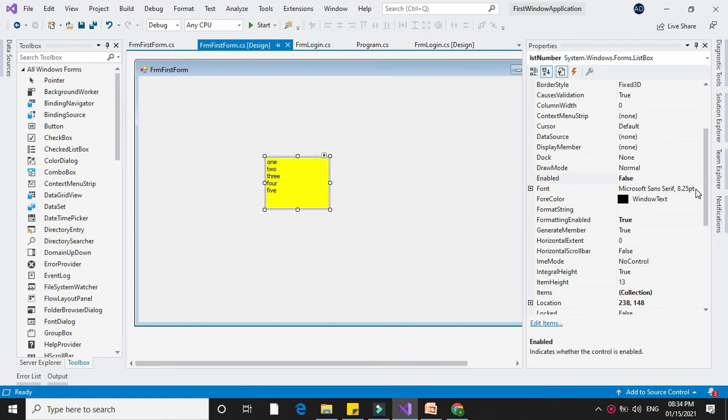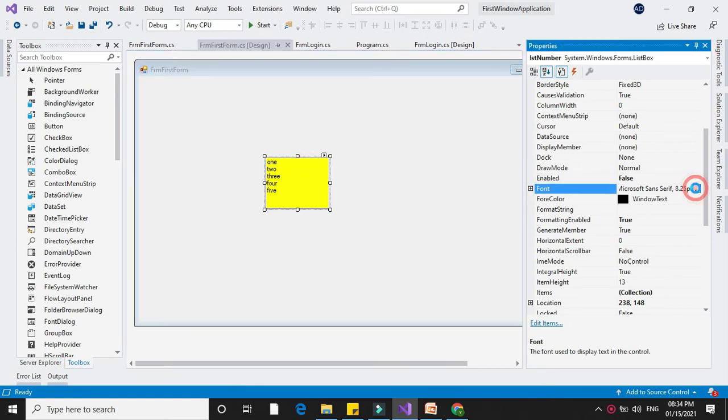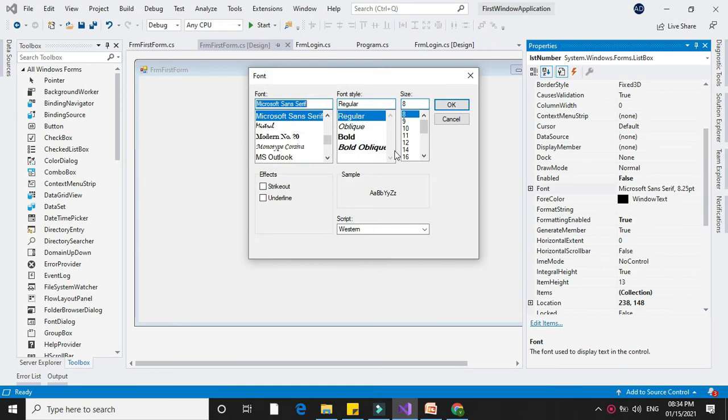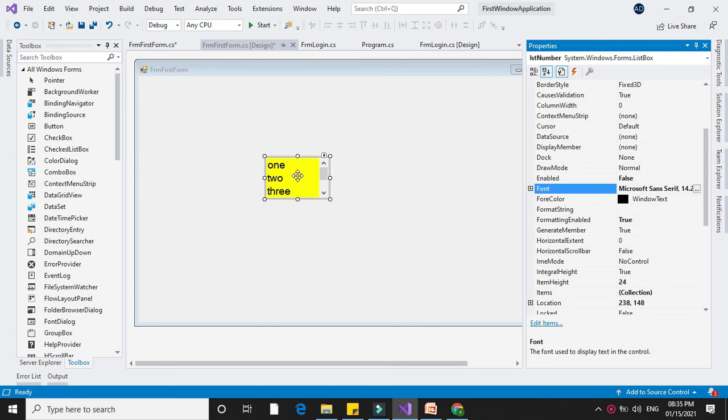Next is Font. You can change the font from the Font property. As you know, if the items in the list box are more than its height, it will add a scroll bar here.